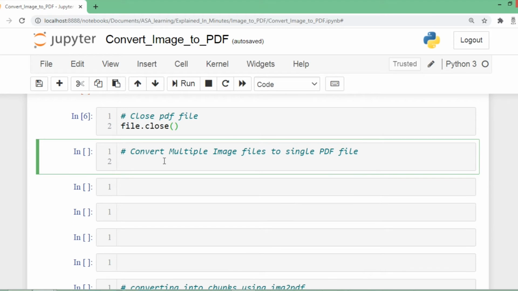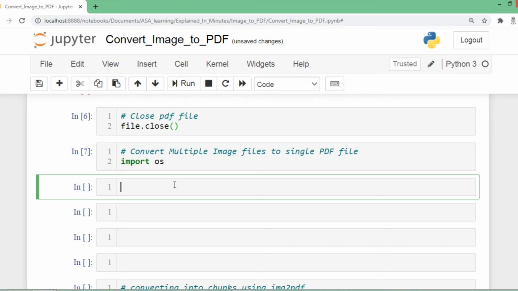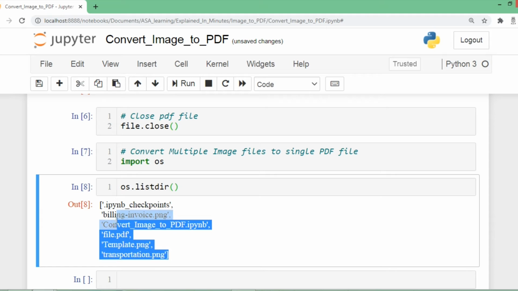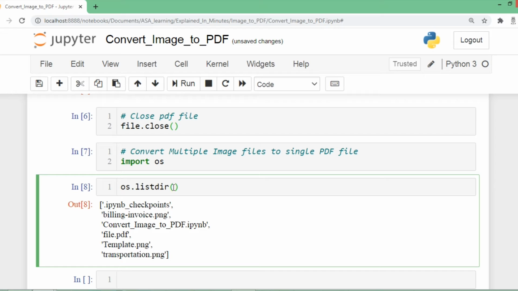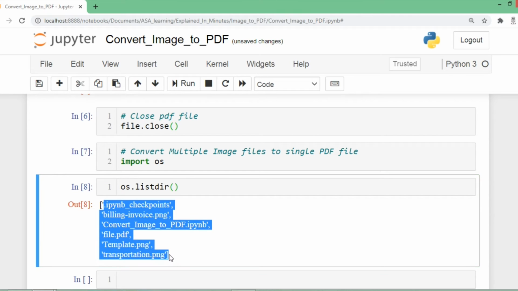To perform this, we can make use of one more inbuilt library, which is the OS module. I'll import os. If you are not sure about the OS module, I have already made an Explained in Minutes video. You will get a pop-up above. Using the OS module, you can perform system, file and directory operations. Everything has been explained in that video, so do check out the complete playlist in the description below. Using this library, we are going to get a list of files that is present in this particular directory. So these are the files that are present in my current working directory. If your images are in some other directory, you can very well specify the complete path here and you will get a list of files that are present in your directory.